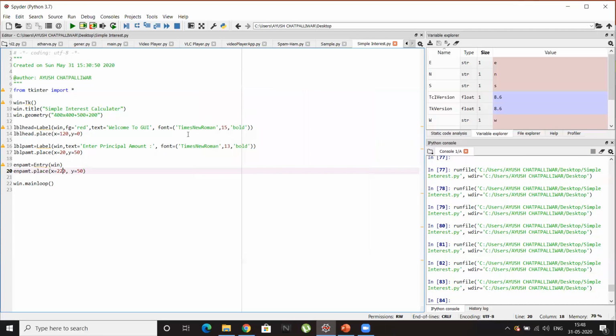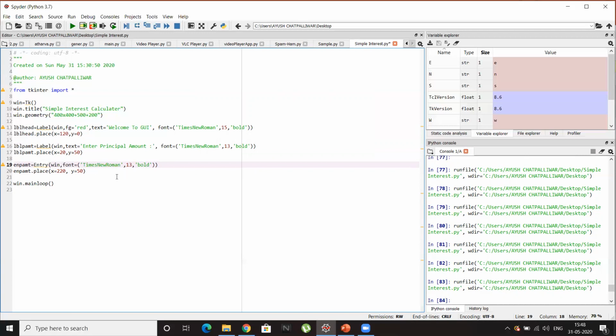To make the content of the entry box bigger, we can simply use this font function. You can just copy this and paste it. Just give a comma, paste. I think 13 will be, I'll change it to 15, otherwise it's all okay.